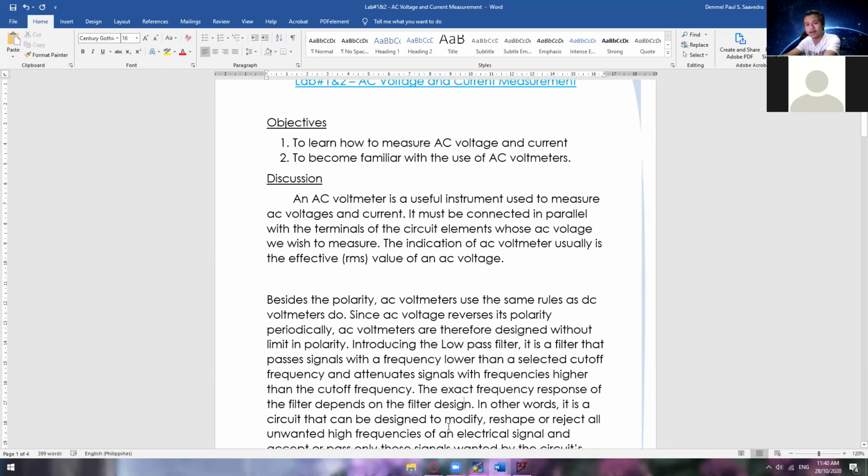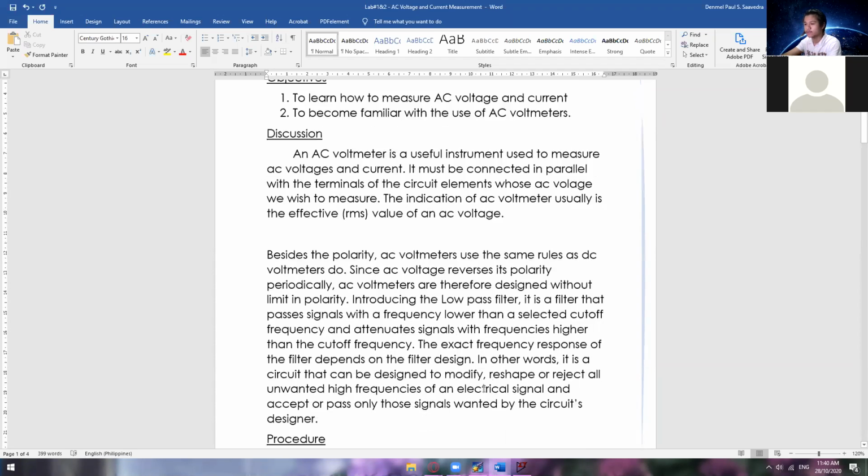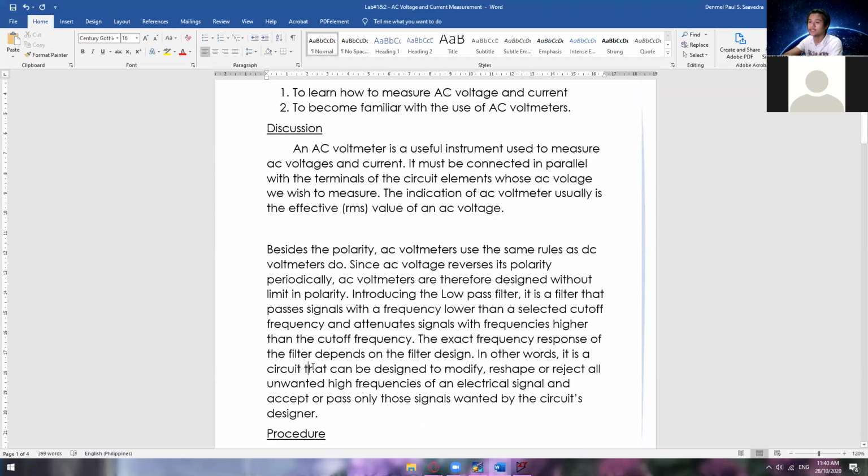We have high pass filter, we have low pass filter, but in this case, we have a low pass filter. From the word itself, a low pass filter will only allow low voltage. Anything higher than this preset value in that low pass filter will not be accepted. In other words, it is a circuit that can be designed to modify, reshape, or reject all unwanted high frequency. Vice versa of